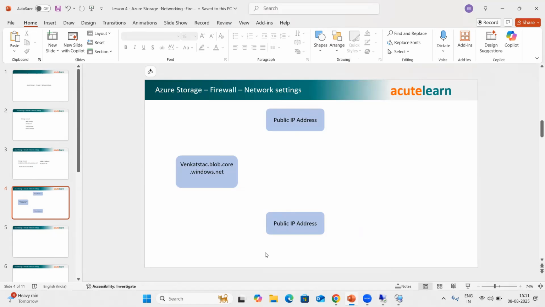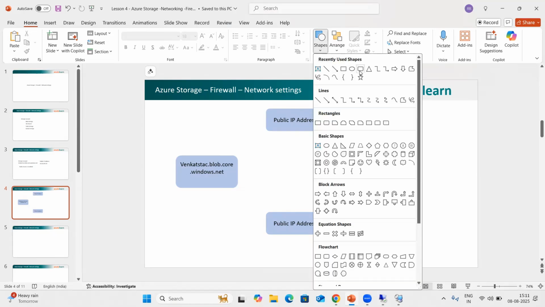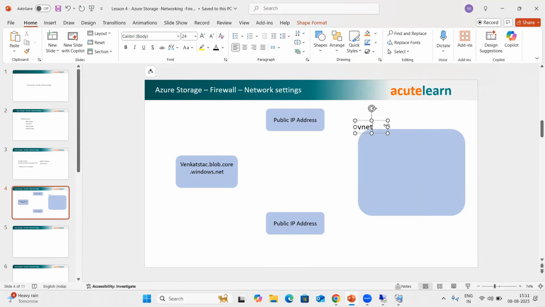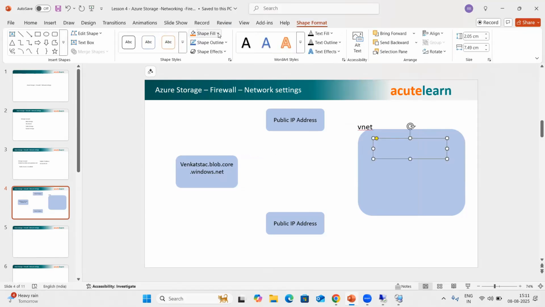But if there is an Azure virtual network, and if you have subnets and you have virtual machines available,